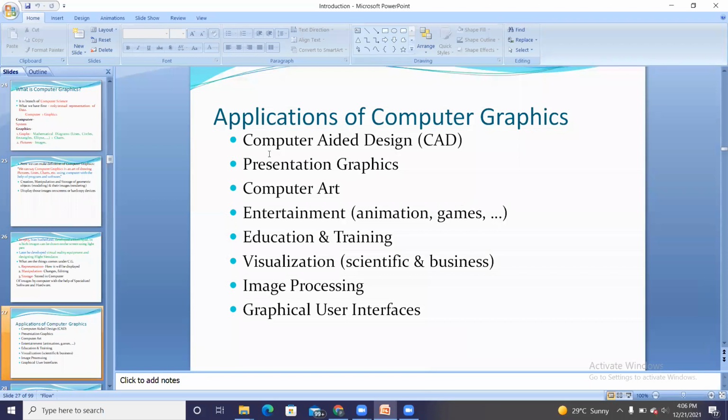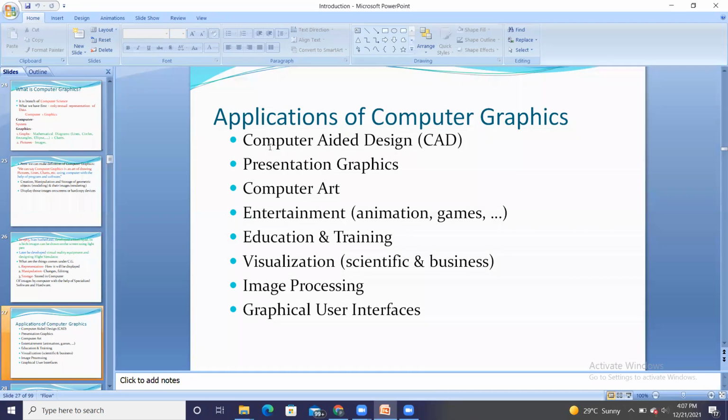So the applications of computer graphics include many applications, but I have listed a few of them here. First is computer aided design. CAD is useful for drawing the designs of a flight or car or any automobile.